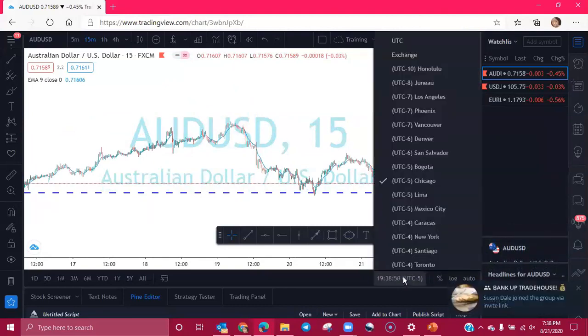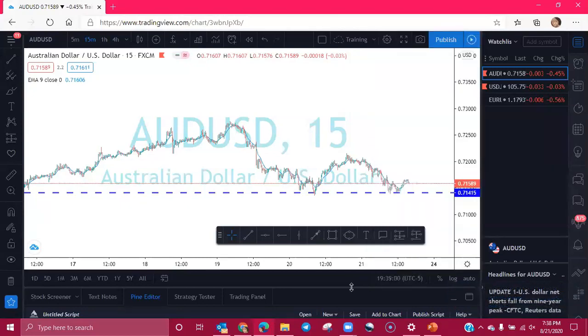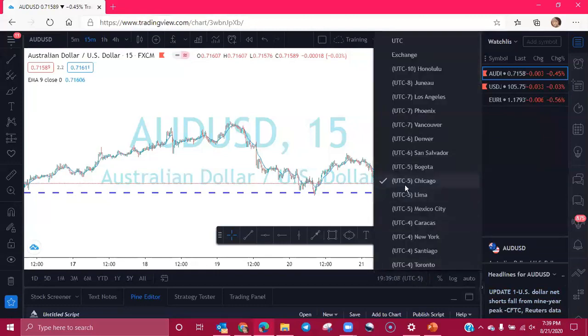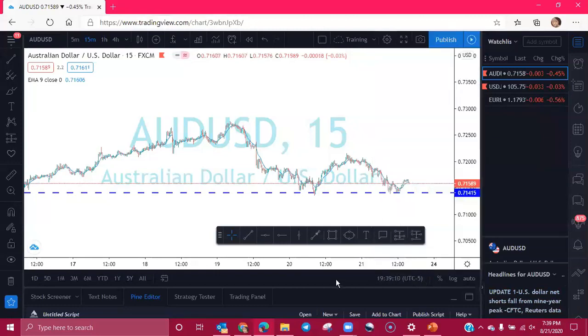I would think it would be awfully important because when you're looking at the chart, you want to make sure your time is accurate. But all your computer shows your time in the bottom of the computer anyway. But I would suggest you just change the time zone to what's closest to you.